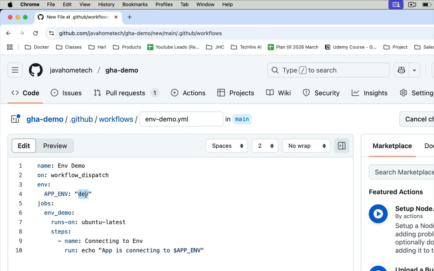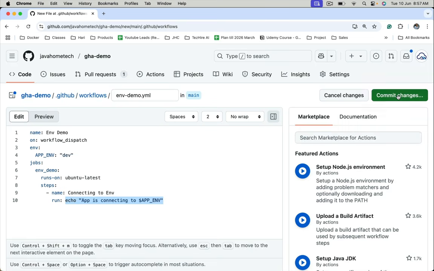What happens in the background, wherever this workflow is executed on that machine, this is set as a environment variable. And remember, I'm running a command and it looks for environment variable on that runner. Commit this,